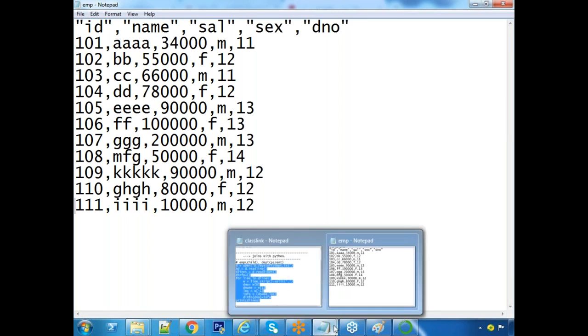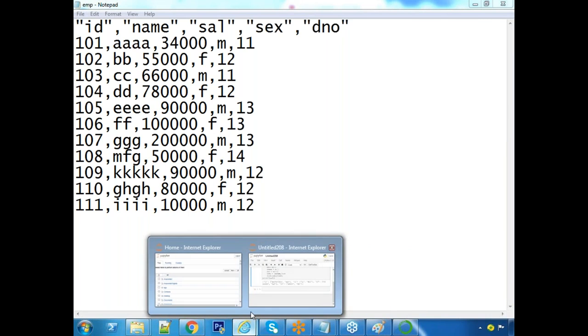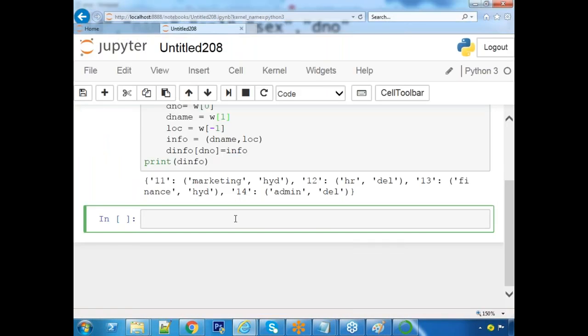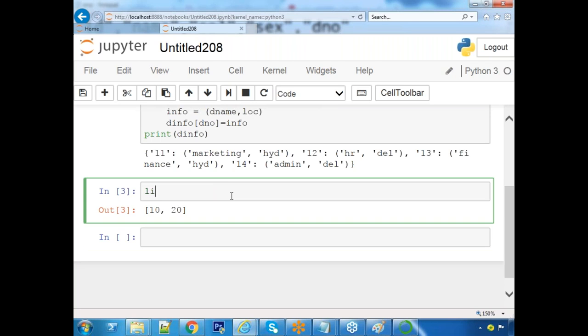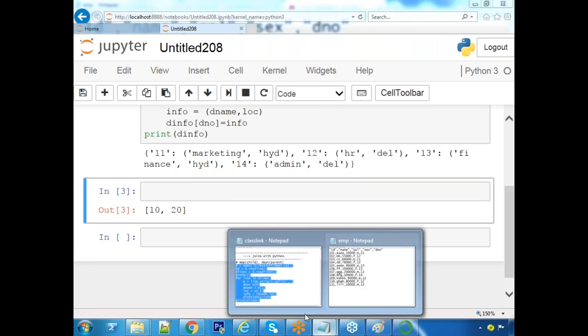So observe before proceeding with this. What is the meaning of this one, sir? Is a tuple. List of the tuple I am giving. I get a list. So list of is a function to convert our tuple into this one. So I'm going to use this technique. First observe the code part.